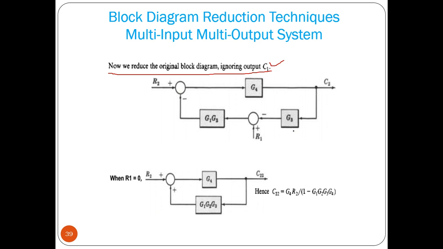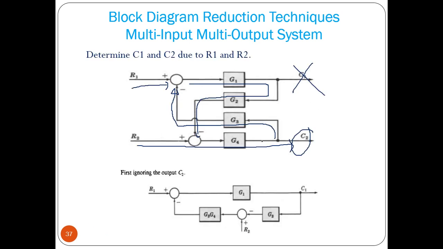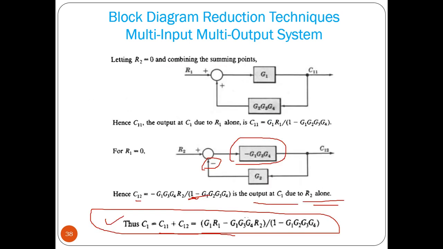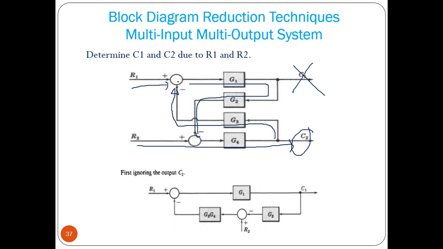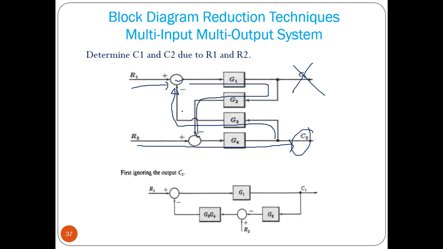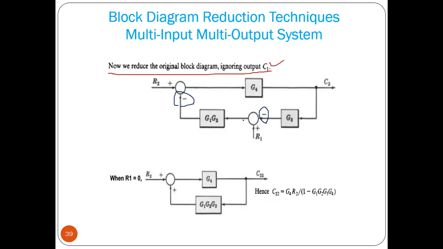Now from C2 we have G3, feedback through G3 to this block where R1 is connected. So from G3 negative feedback with R1 connected. Then what we can see here is that from that summer, G1 G2 in series are connected to the R2 summer with negative sign, because of the fact that it is having negative sign. Okay, so this is the block diagram now.